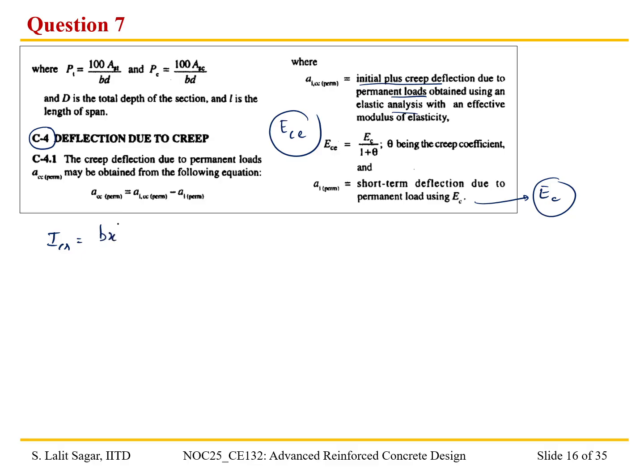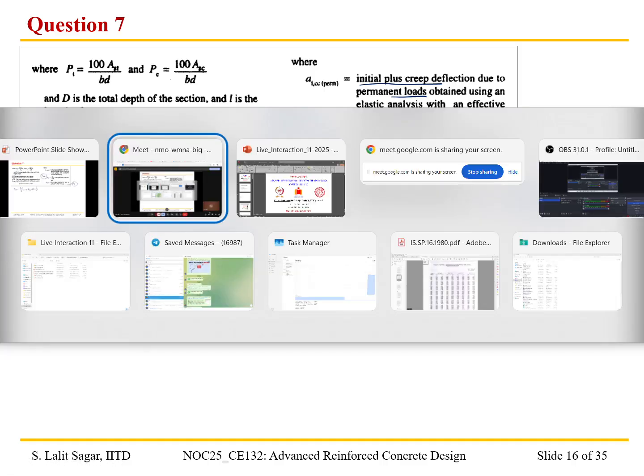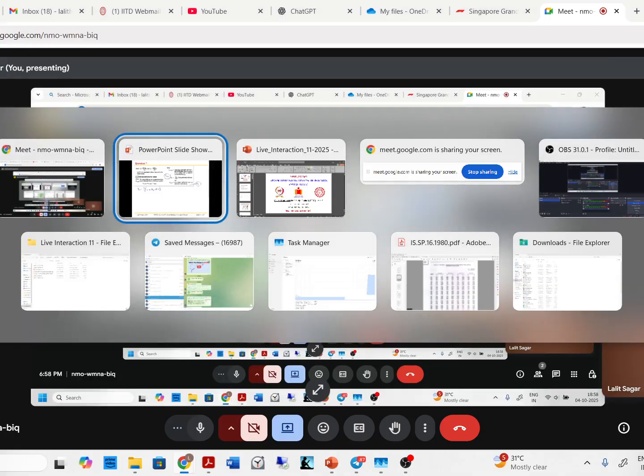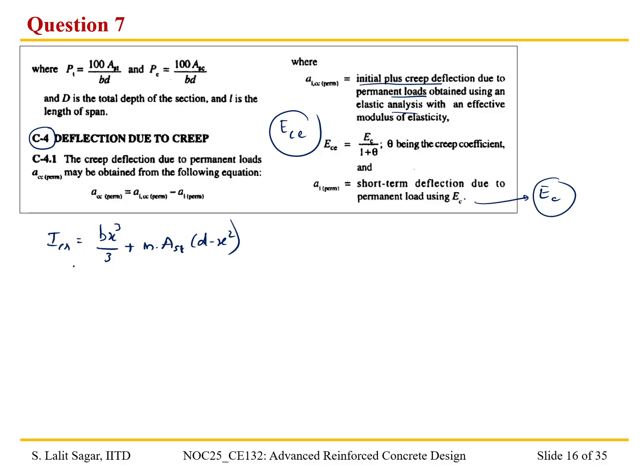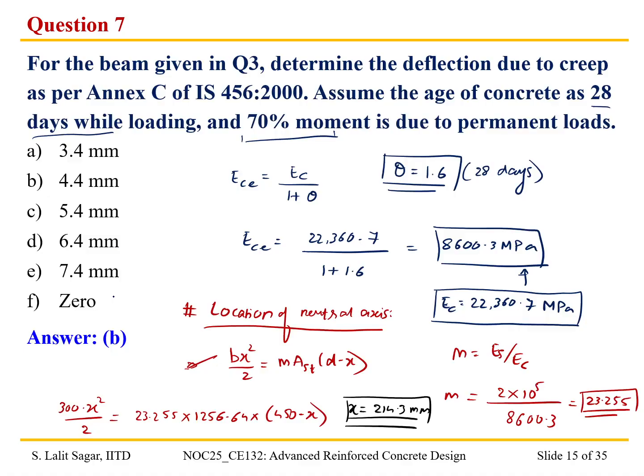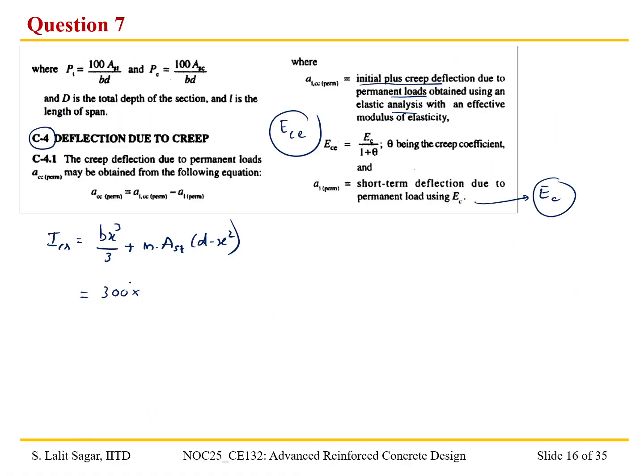ICR is equal to B x cube by 3 plus M AST into D minus x square, right? Okay, so let me solve by substituting these values. 300 into what is the value of x? 214.3, right? 214.3